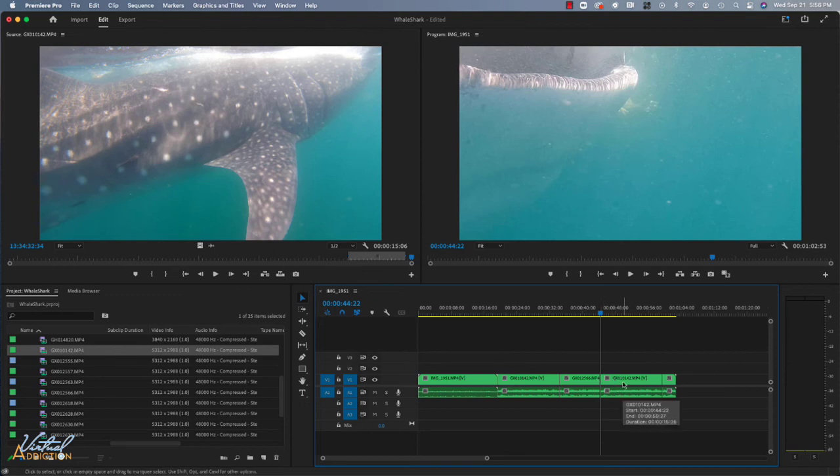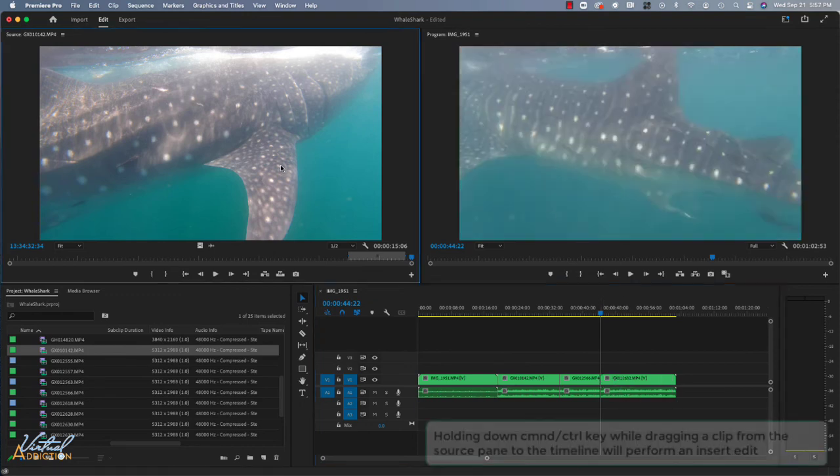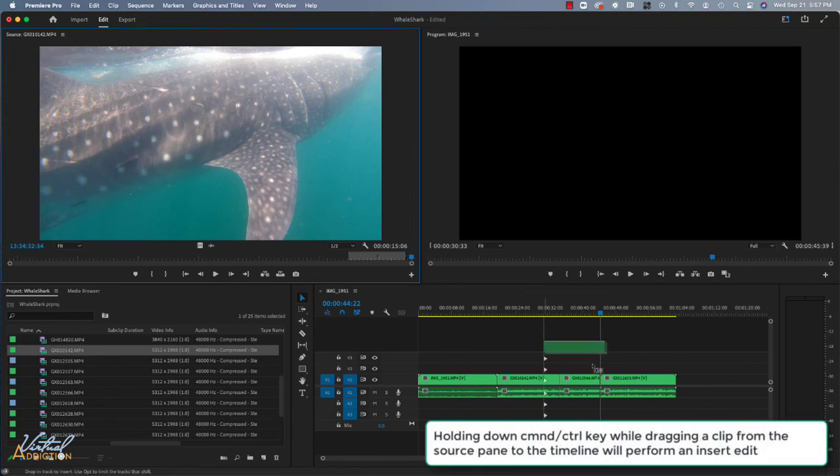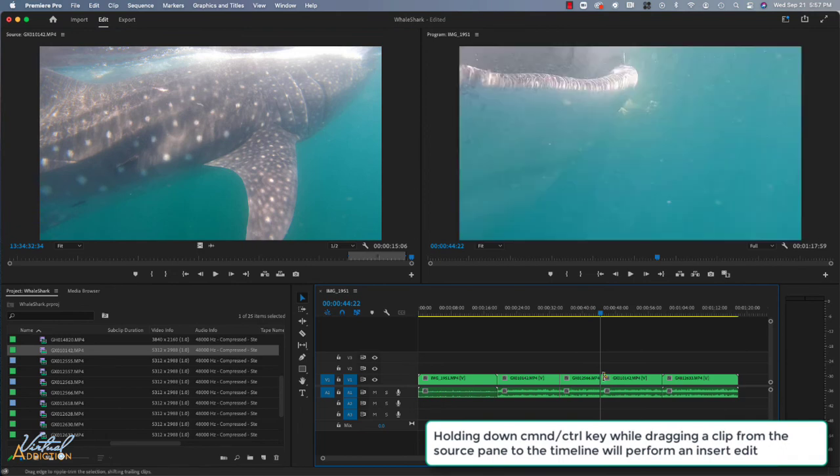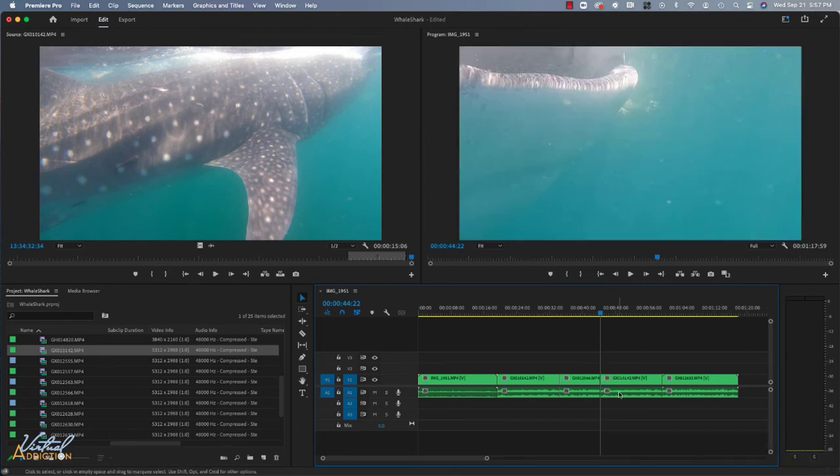If that is not something that you want to do, if we hold down our command key when we're dragging and we position the clip here and let go, as long as our command or control key are down, that will also perform an insert edit. So insert edits allow us to insert a clip into the timeline, either at the beginning or the end, or as you can see, we can insert content in